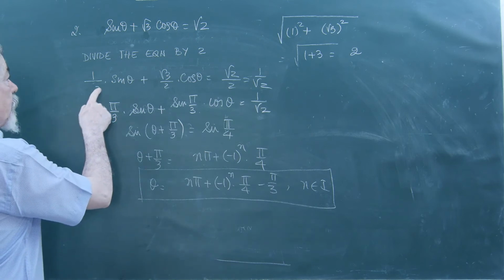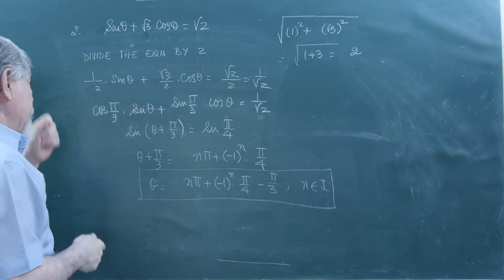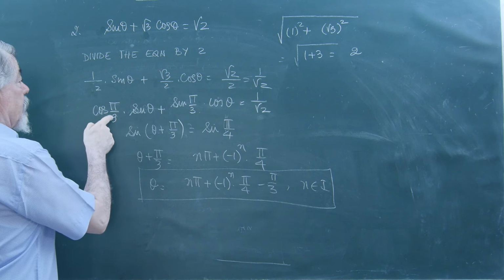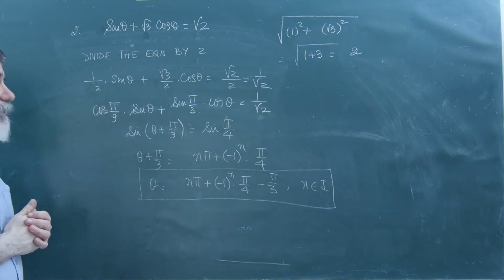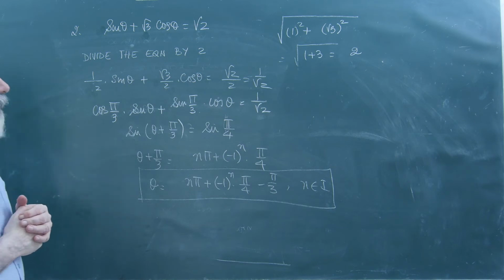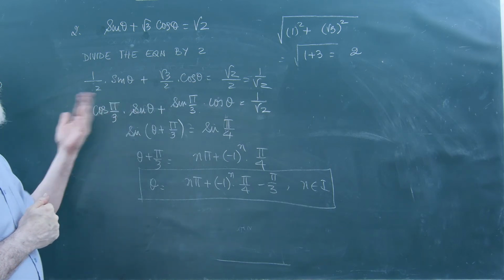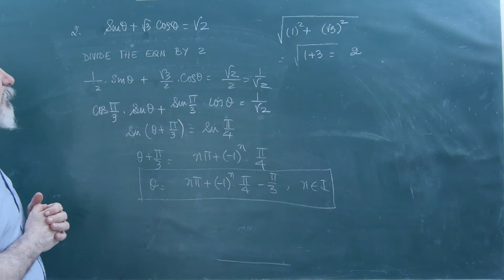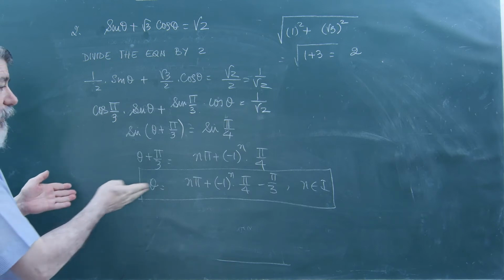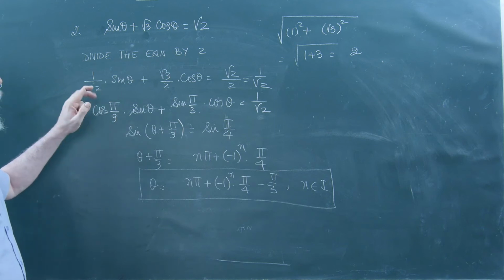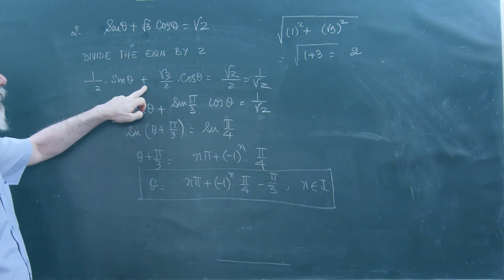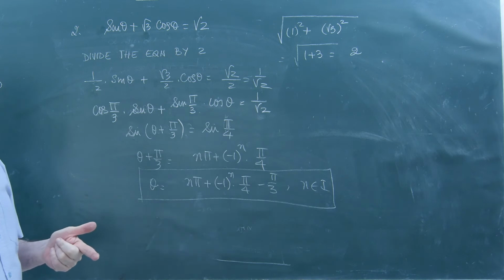Now 1 upon 2, you will ask me a question, can we instead of writing cos pi by 3, write as sin 30, sin pi by 6? Of course, you can write sin pi by 6. Sin A, cos A, cos B, sin A, sin B, we can apply. The answer will be a different answer. But we can apply that, there is no problem, because it is plus in between. Cos A, cos B, sin A, sin B will come.